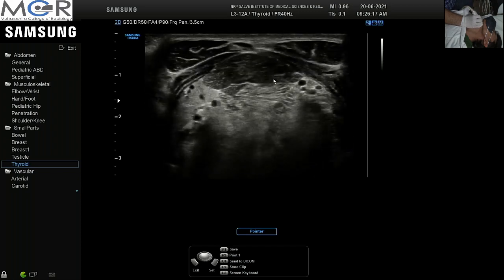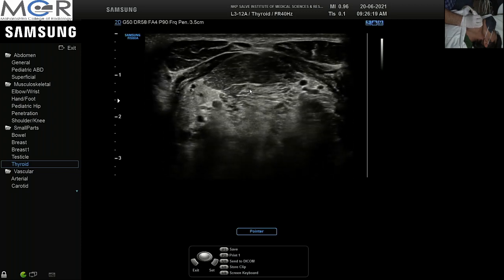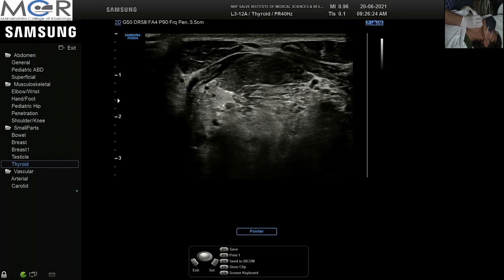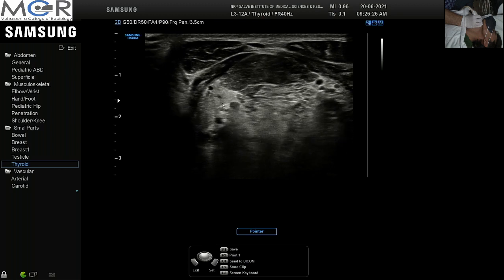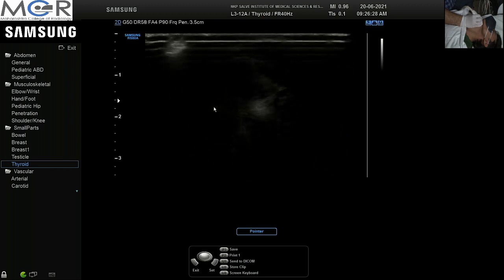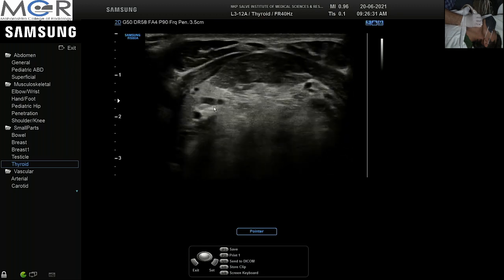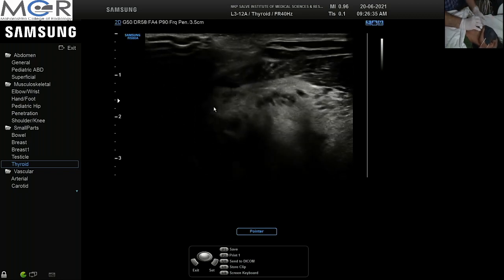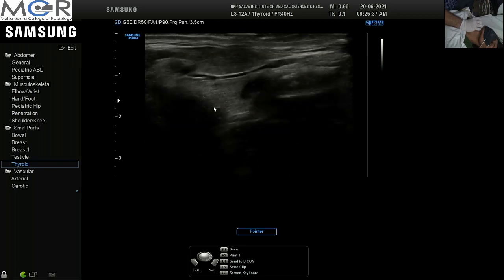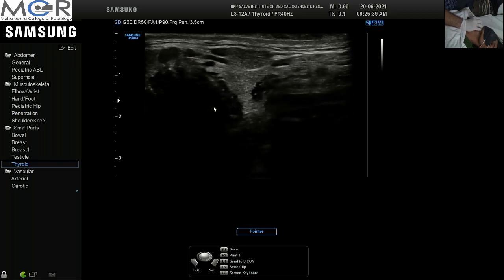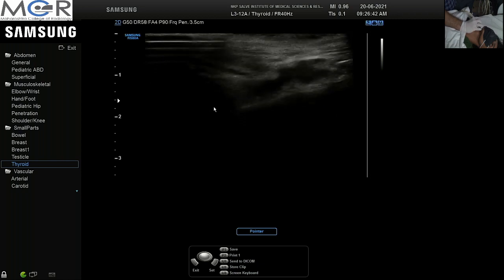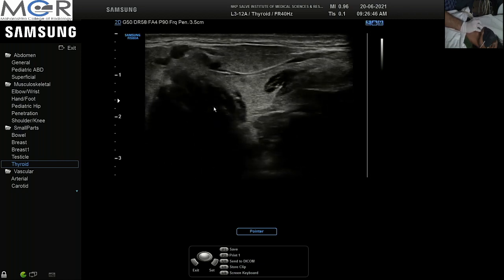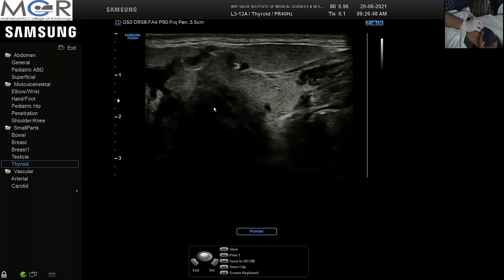So we have to keep the normal anatomy in mind, keeping in mind also that a calculus in this space is actually the calculus of the submandibular gland duct, and we have to go back and look at the submandibular gland also. Then we move on to the submandibular region. I just turn the head of the patient to one side, then just keeping the probe transversely in the submandibular region, I get to see the submandibular gland.